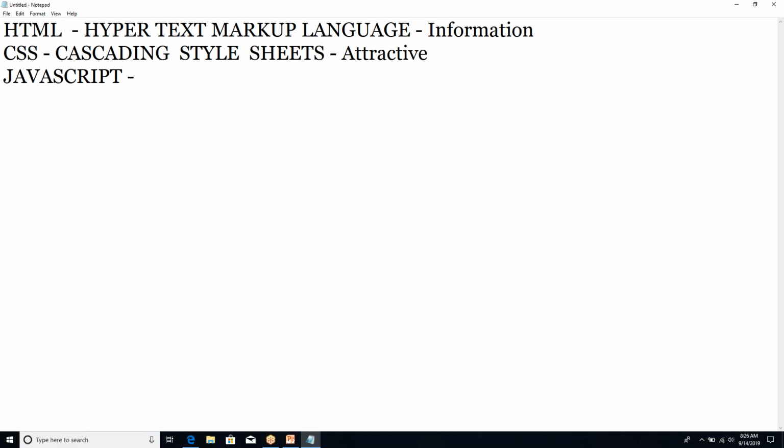And JavaScript is used to add interaction to the website. It is a scripting language used to define